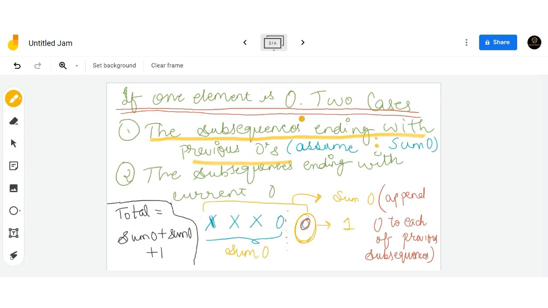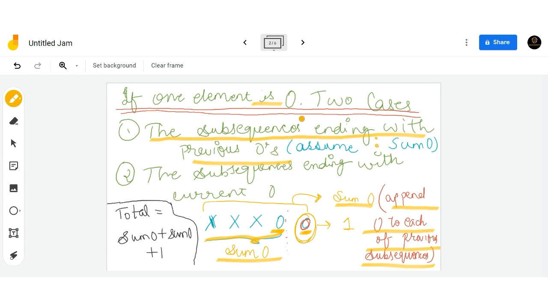There can be two cases. If our element is 0, then as I have told you, there are the subsequences ending with previous zeros and the subsequences ending with current zeros. So if we assume the number of subsequences ending with previous zero is sum 0, then the number of subsequences ending with current 0 is also sum 0, as we can append 0 to each of the previous subsequences.